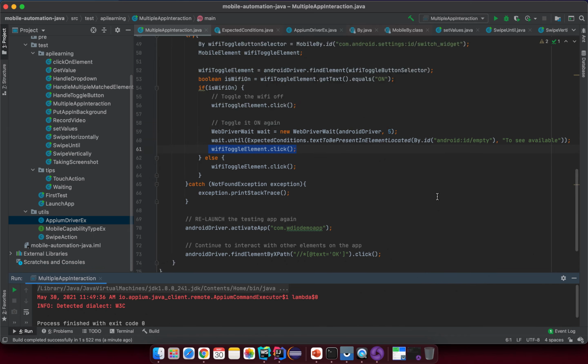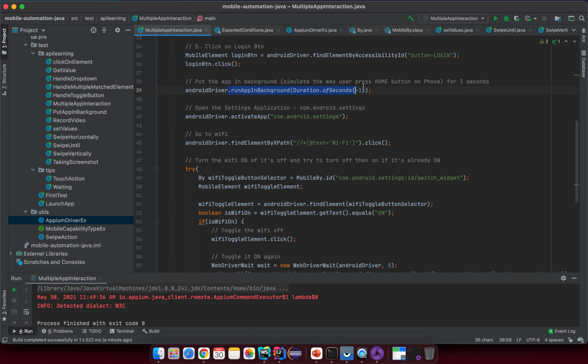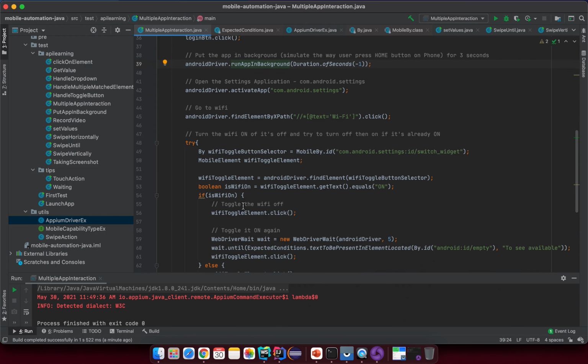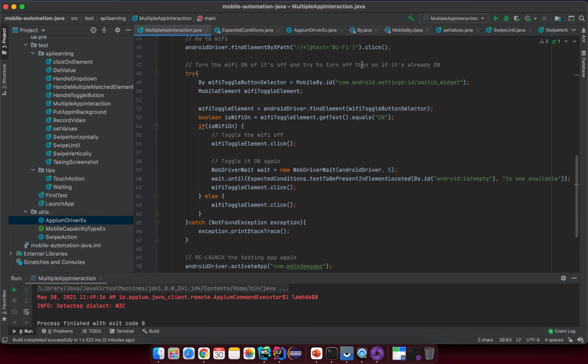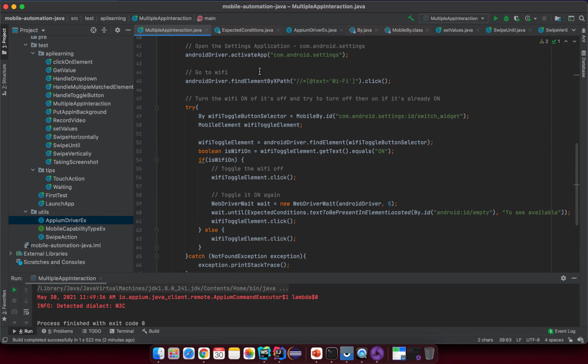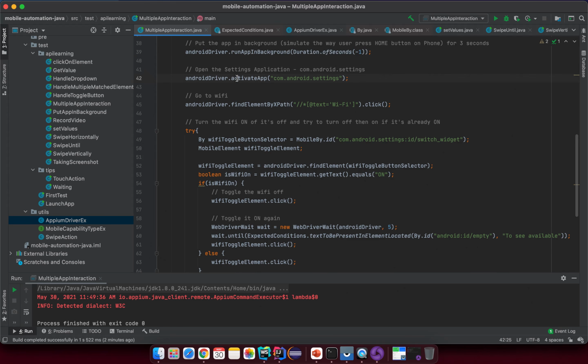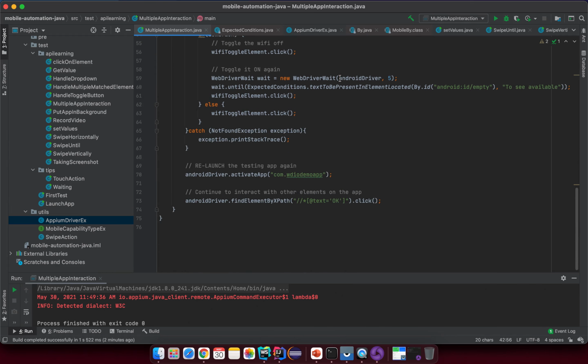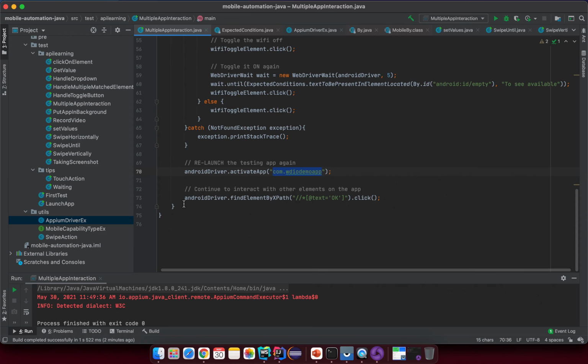So let me try to summarize this lesson a little. First thing first, this one is very important. If you want to put something in the background and then continue all the steps on another application, you need to put in -1 here. Then if you want to launch another application, you call activate app, and then you just put the package here. And when you want to relaunch, you just activate app with the package again. In this case it is the target application,